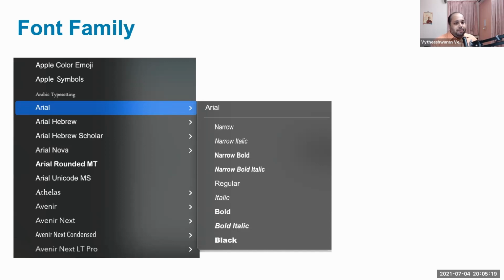If you want to play with multiple fonts and multiple font types, you can select fonts from a single family. If you look at this screenshot, the look and feel of these fonts are different, yet they have the same visual language. So if you want to create contrast using fonts and give that feel of using multiple fonts, my suggestion is to select a font family and play around with it, so that you bring out the visual difference you would like. You get that sense of using different fonts, but you still stay within the font family and give your audience visual consistency.